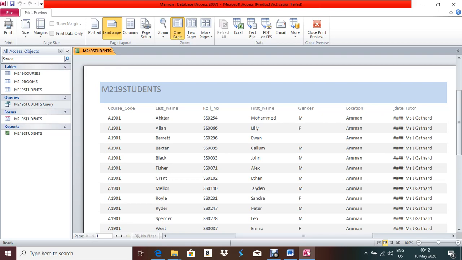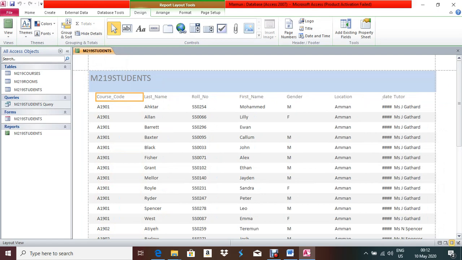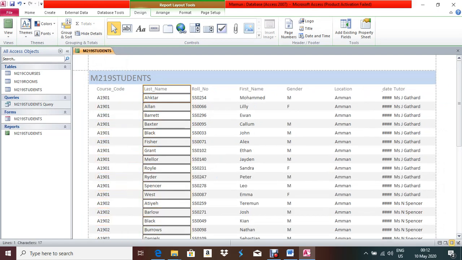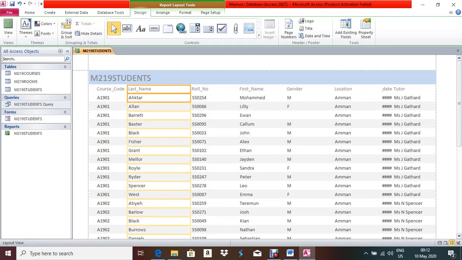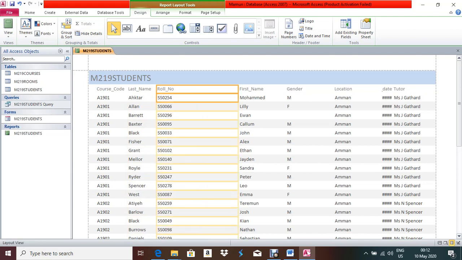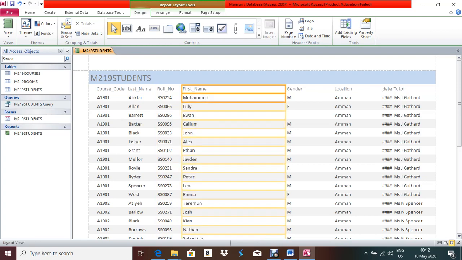So you have to arrange this report in a proper way. So what view do you have to open? Layout view, because some fields are not visible, so you have to make some fields smaller or bigger, so all the data should be visible properly, otherwise you will not get full marks. Maybe the examiner will cut your marks for that particular question.